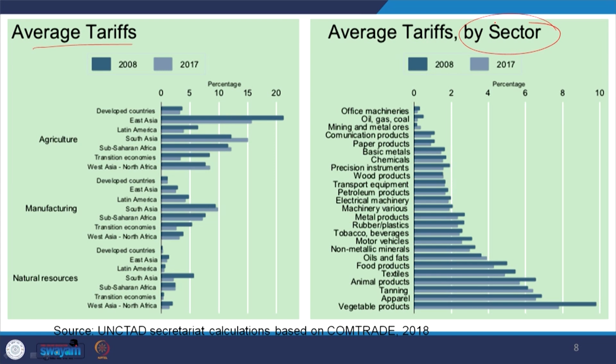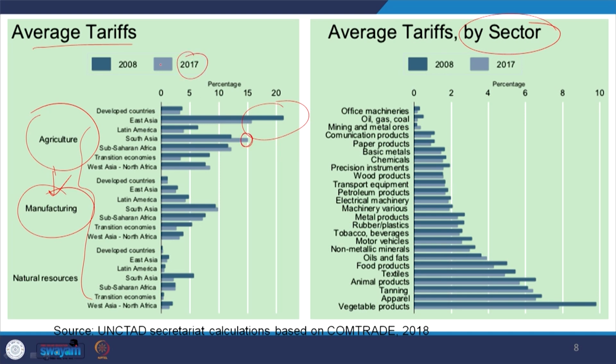Average tariff by countries broadly, but we also categorize by sector, with broad sectors. Now, look at average tariff: it is actually higher on the aggregate for the agriculture sector, followed by manufacturing. So, look at these two very carefully, which says that East Asian countries have the highest, though the rate of change has been significant over time, and even South